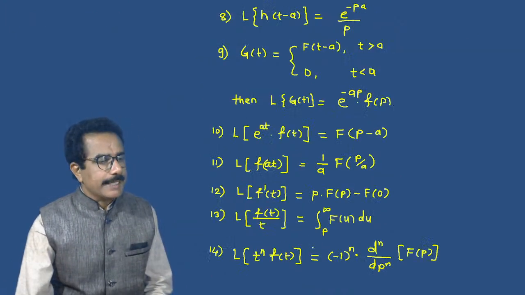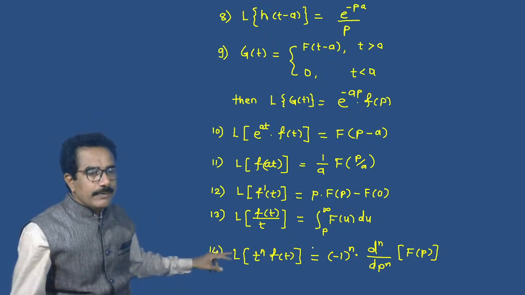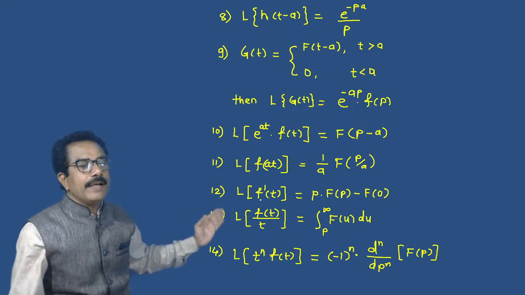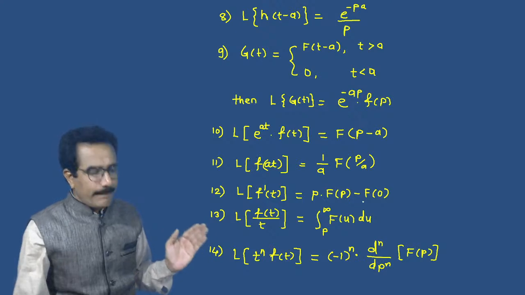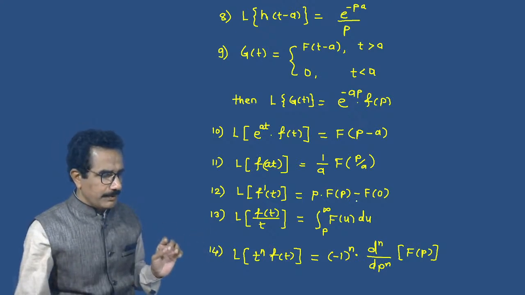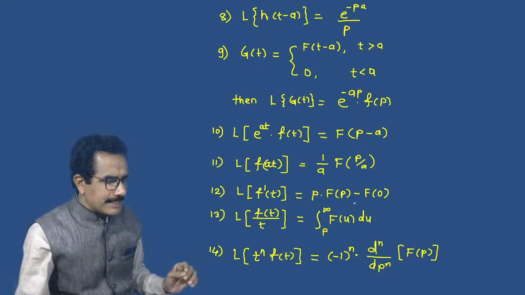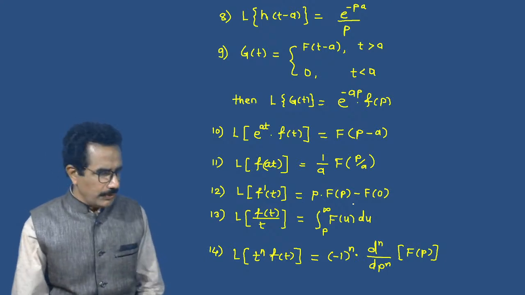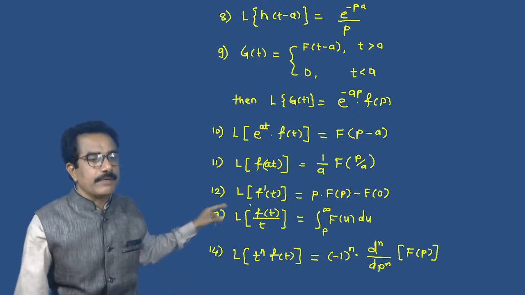See this, again you can write this property. In the inverse Laplace transform, we can write L of f dash of t is equal to p into capital F of p minus f of 0. So we can write this in the Laplace transform, where f of 0 is equal to 0. So if this is formula number 12,